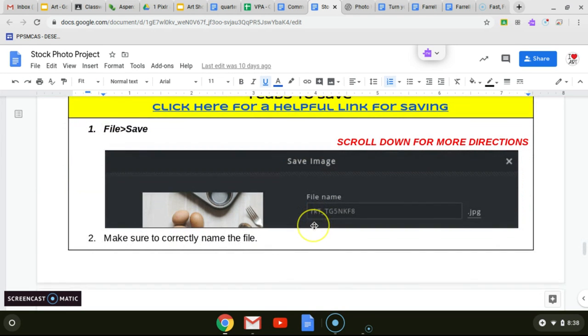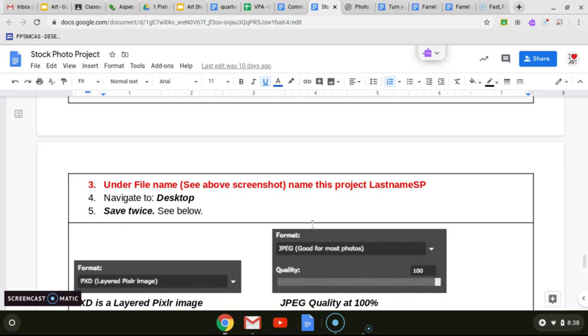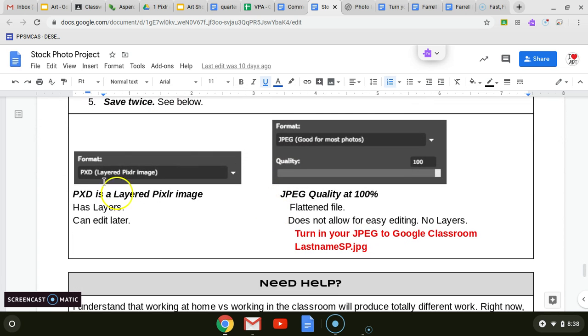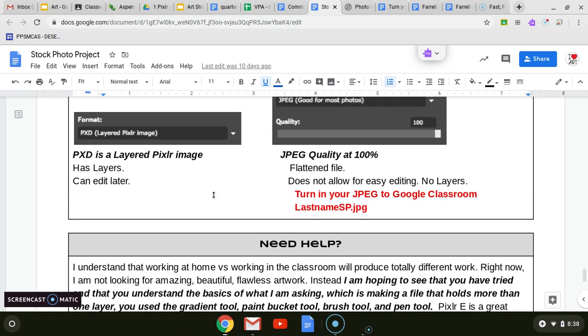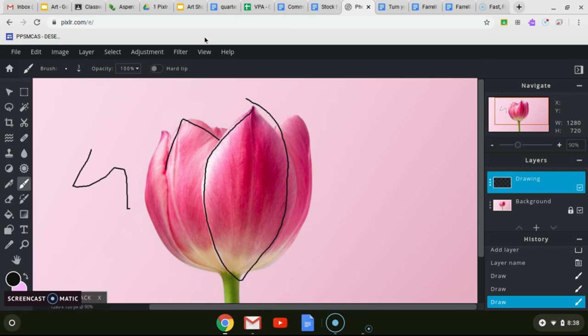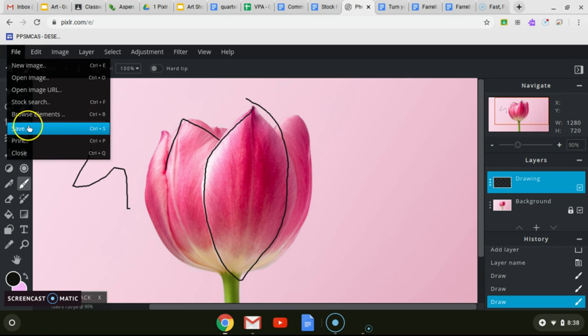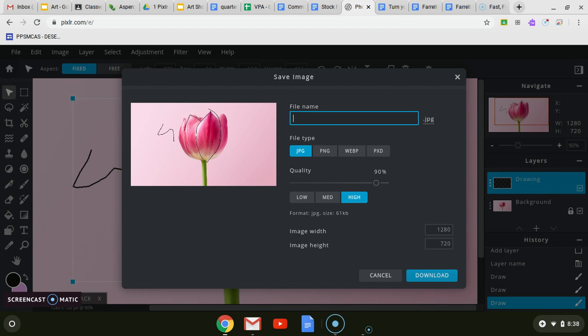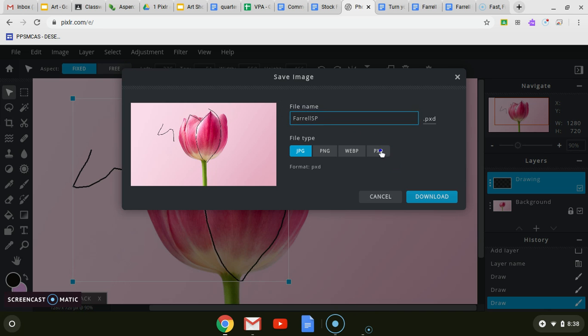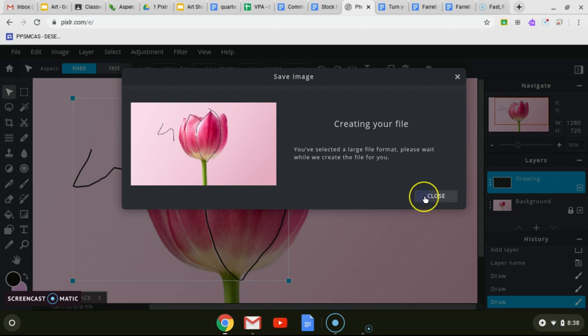And make sure you're saving your file correctly. So the name of this project is last name SP, which stands for stock photo. It's always a good idea to save your PXD as well as your JPEG. The PXD allows you to go back and make any changes later if you need to. All right, so I'm going to come here and I'm going to do File, Save, and I need to come up here and name it what I want it to be, which is my last name, and it's stock photo SP. I'm going to save first as a PXD, download it,